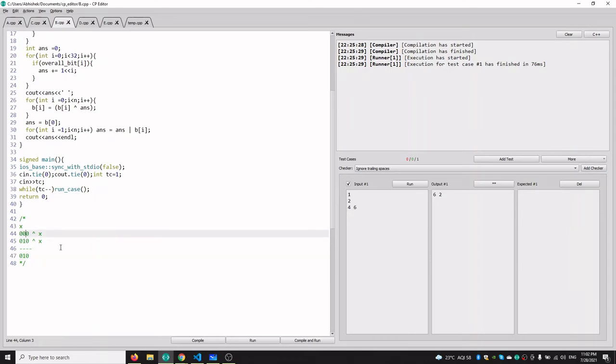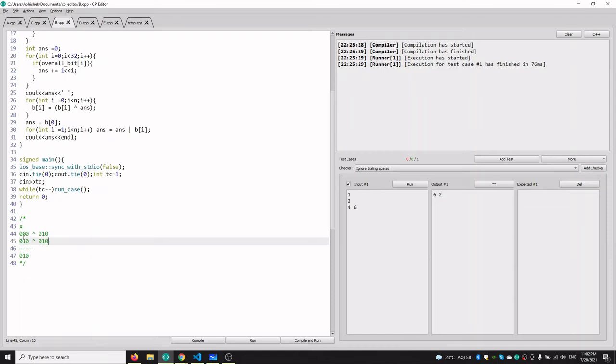And if we look at the second bit, then in one case it is 0 and in another case it is 1. So let's say the middle bit of our x is 1, so our x is 010.